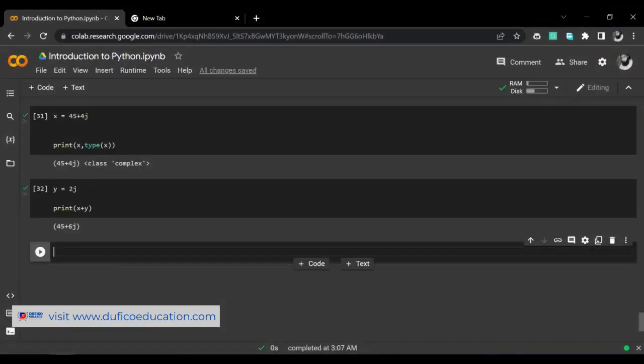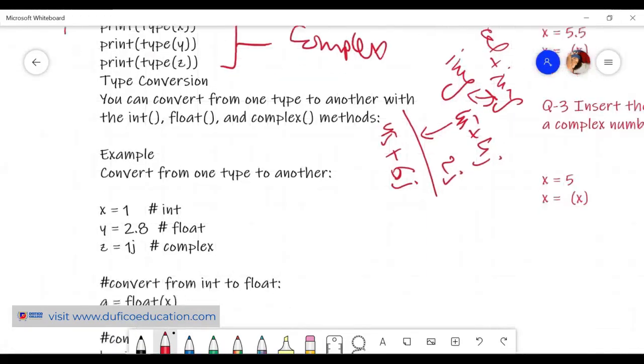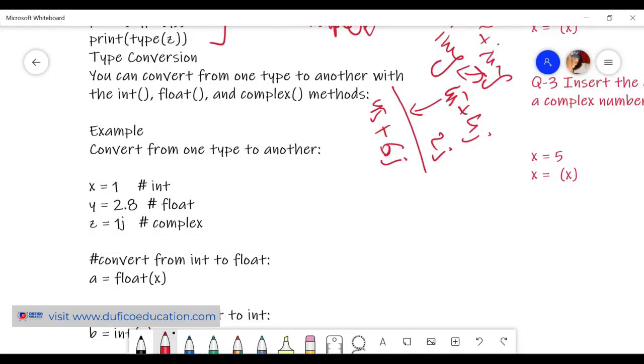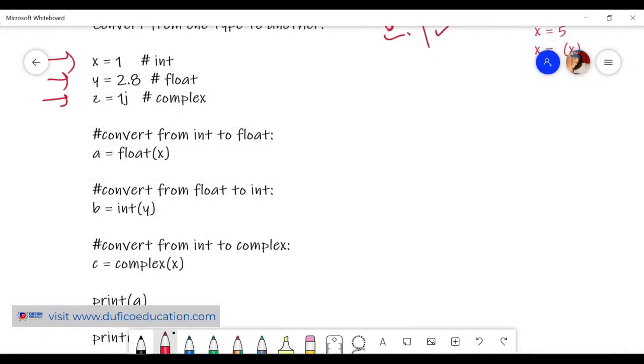Okay, so I guess you guys would be comfortable with that too. So let's talk about a bit of type conversion. You can really convert the data type of a number too. If the numbers were integer, float, and complex, and you are creating a new variable,